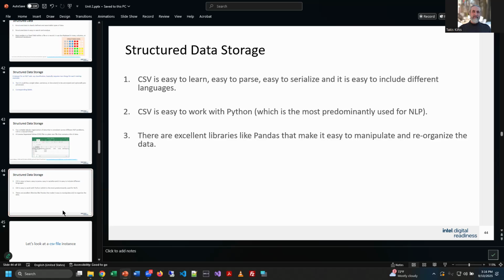They make the point here that CSV is easy to learn, right? We teach you that in the program quite a bit. It's easy to parse. Parse means to read through it, because it's in rows and columns. I can look at the first name column and go, oh, these are first names. Oh, these are last names. Got it. It's easy to serialize. Serializing is where you take the information and send it out in a stream. So all the little bits of information are just, here's a row, word, comma, word, comma, word, comma. Here's the next row, right? Serial means to send the information in a stream, which means we can send it over the internet or put it in a file.